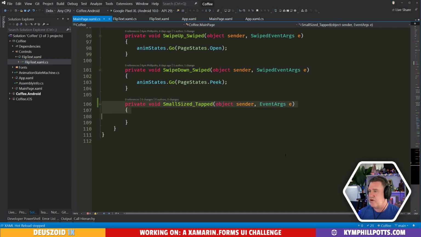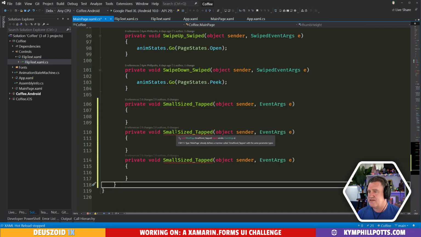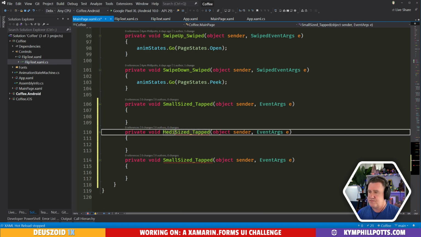So we'll have a small, a medium, and a large for the moment. And I think we'll probably refactor this into a control.